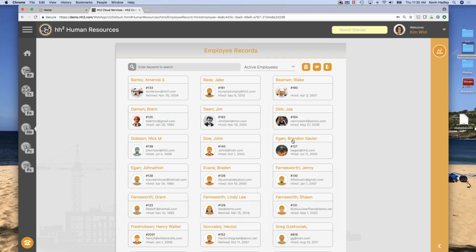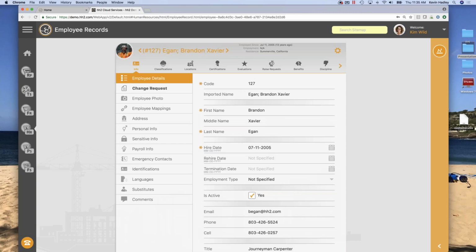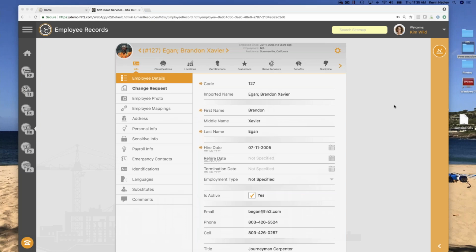But again, you'll notice that there is a little bit of setup to do if you decide to map our benefits within Sage. One little caveat for those individuals who are interested, and then I'll get to the question that was just asked: once you start using the benefits portion within hh2, then you have to start managing those benefits in our system, and then we sync it down to Sage. But if you want more details on that, we can ask. Let's go ahead and take a look at the question that came in.